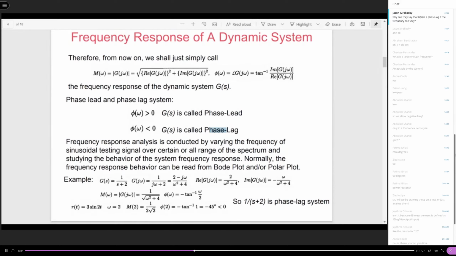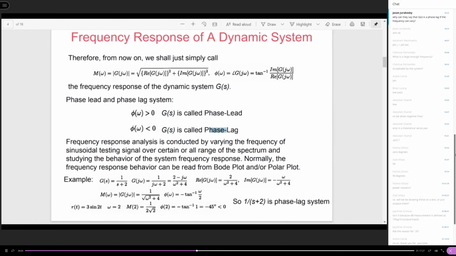Oh, that's a good question. You know what? Normally, if the system provides a negative phase, it should be the whole spectrum. That's a very good question, Jason. And actually, the fact is that as long as the system is described by the transfer